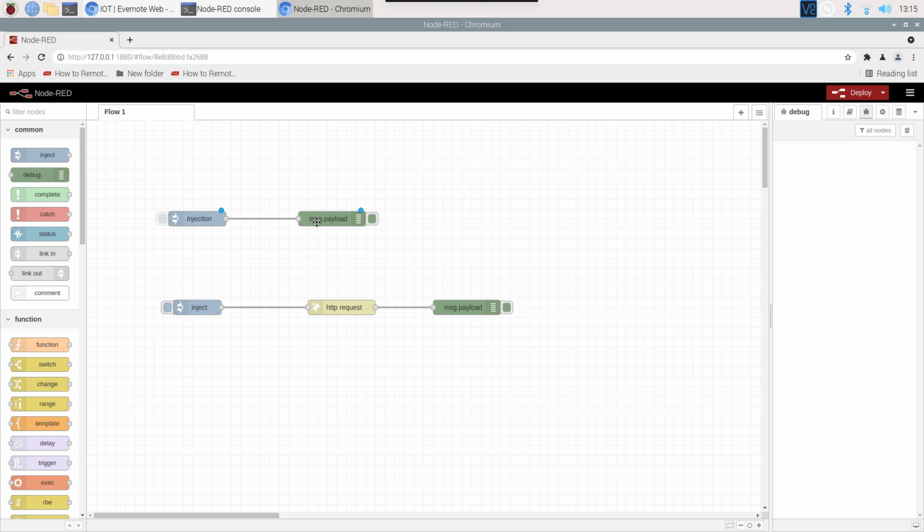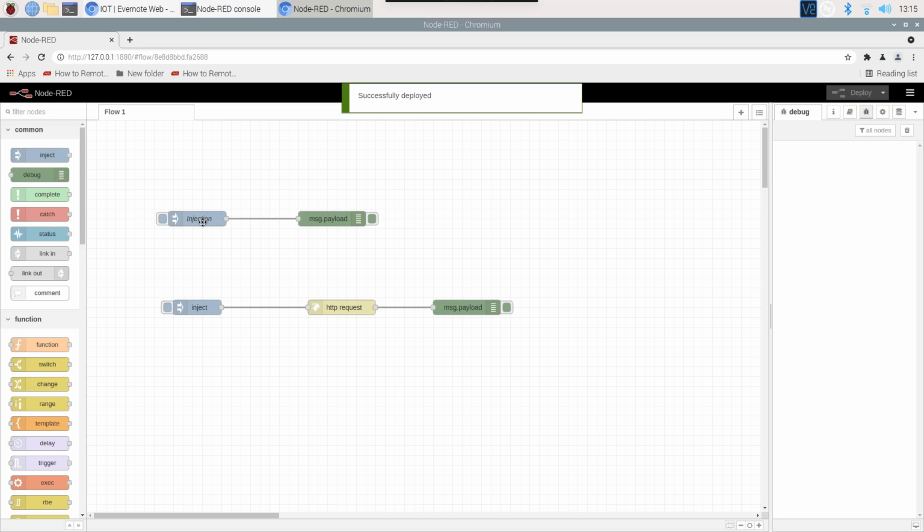And what debug does is anything you send to debug will appear here in this debug window. It's a good way of testing out code as you're working. Now, that's all in place. There's only one last thing I need to do in order to test this out, and that is that I need to deploy this to Node.js in order to have it work. So to do that, I just hit the deploy button here,